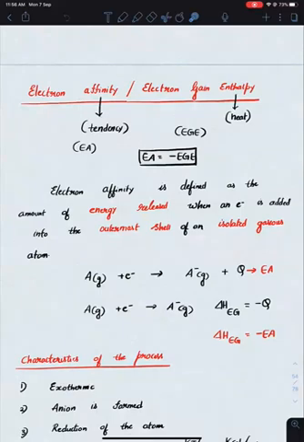The term affinity indicates tendency to accept an electron. If it is having a positive tendency to accept an electron, in that case, the system will be achieving stability. If something achieves stability, always the energy of the system must decrease. So the electron gain enthalpy will be negative. Okay, electron affinity and electron gain enthalpy are negative to each other.